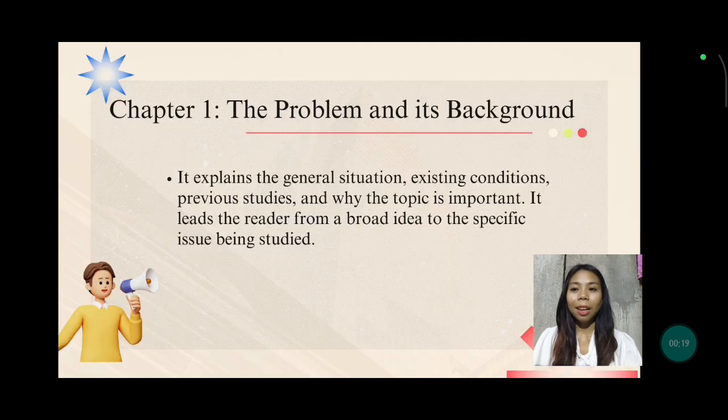So chapter 1 covers the problem and its background. It explains the general situation, existing conditions, previous studies, and why the topic is important. It leads the reader from a broad idea to the specific issue being studied. So it means that you need to overview the topic by discussing the current situation, related theories, and the importance of the research, guiding the readers from the general idea to the specific problems being